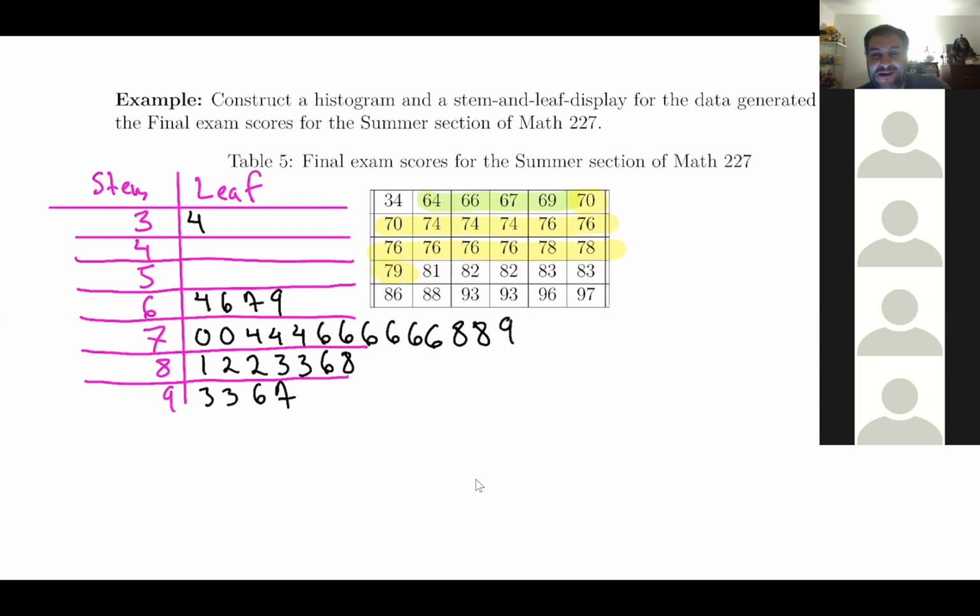All right, now let's do the histogram. For the histogram, what's my sample size? Good, you get 30. So we'll say C is equal to the square root of 30. Let's see what the square root of 30 is equal to. You get 5.48, but that doesn't matter because we round it up, and we should round it up to 6.